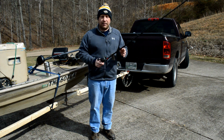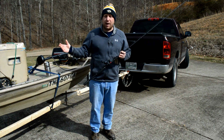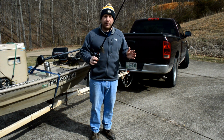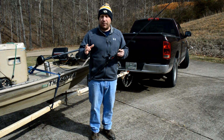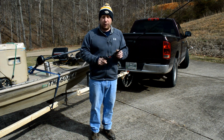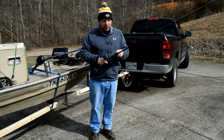Now, if I'm pitching and working just really thick stuff, I'll have to use a heavy rod with a braid on it. But you can do some pitching, you can do some flipping around lighter vegetation or sporadic vegetation, or in some things where you'll be able to get them out with a 15-pound line. It also allows you to throw a little bit lighter jig,